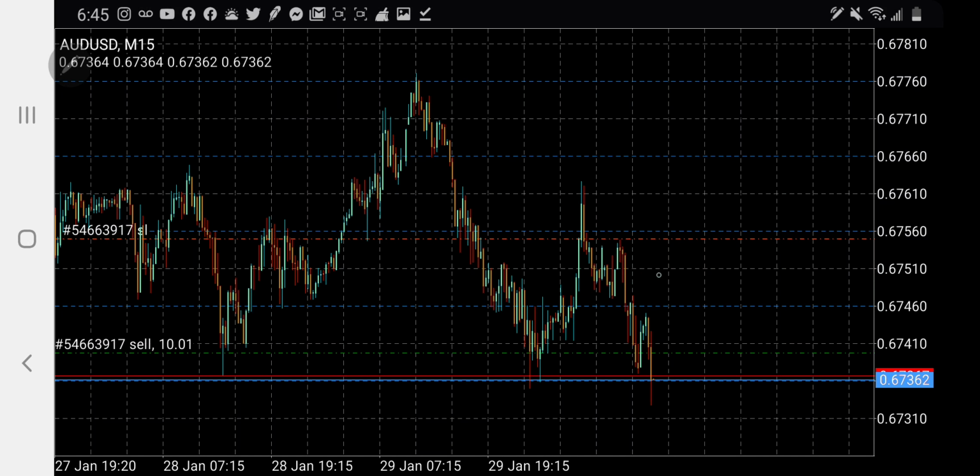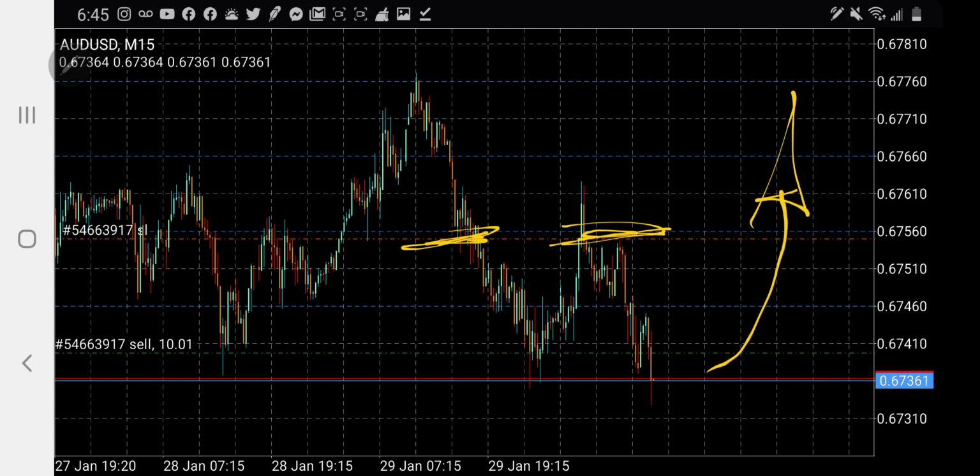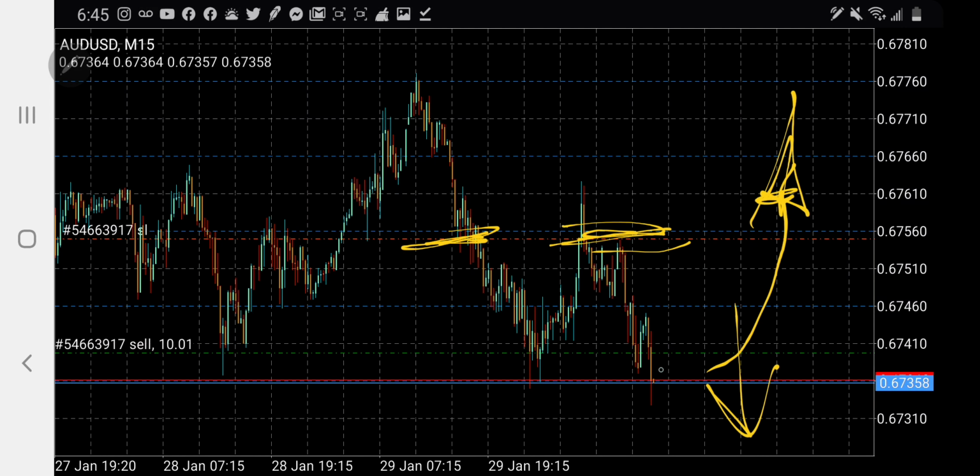Feel me? So you see that stop loss up there. Boom, you're like, why'd you put it there? Well, because this was where the most resistance was, over here at this point, over here at this point. So I said, if the market goes up over here, then it will continue this way. But if it doesn't, then boom. So we got a close right here. All right, this is the 15.